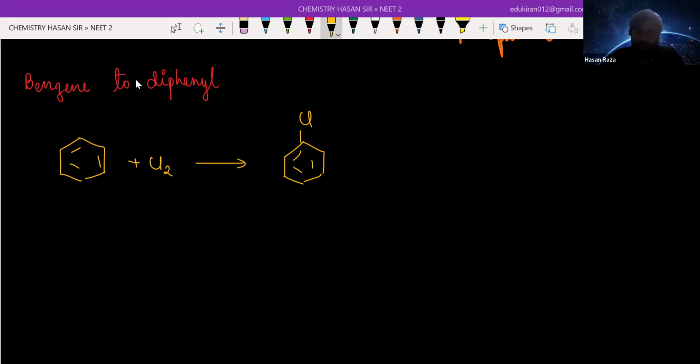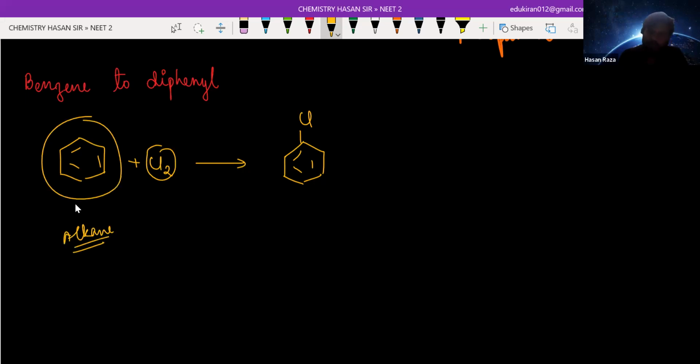Will this reaction take place? Only chlorine, if you are going to react in the presence of heat or sunlight, that will take place with alkane, not alkene. Because this alkene, which is basically benzene, is very, very stable because it is an aromatic hydrocarbon or